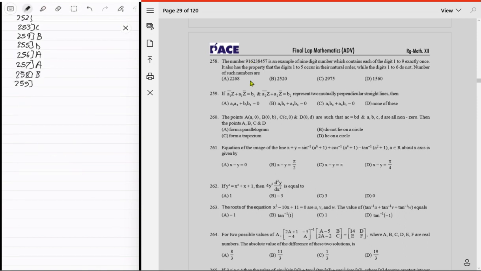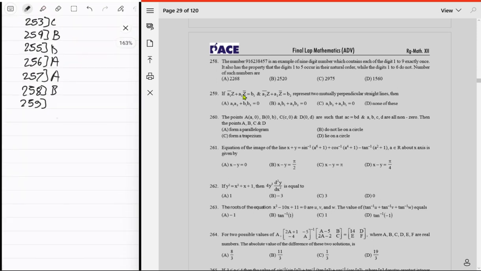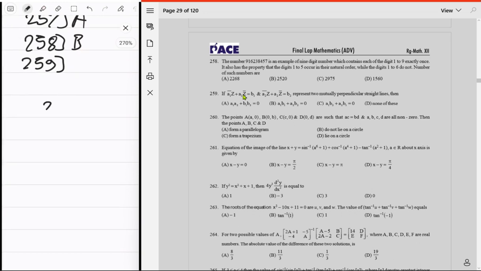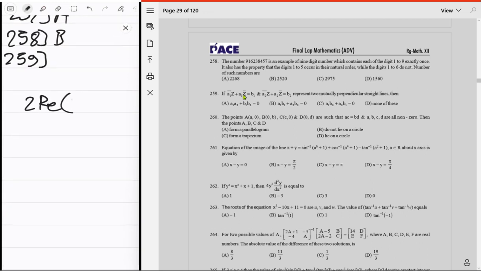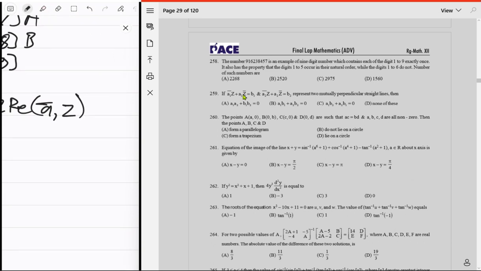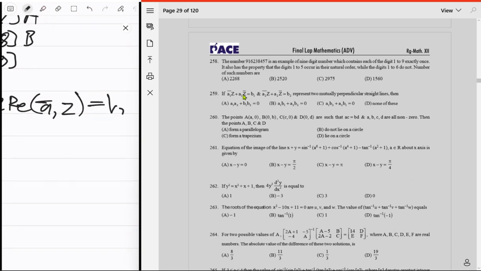59 is if a1 z plus a1 conjugate z plus a1 z conjugate is equal to b1, and it's like this thing, 2 times the real part of a1 conjugate z, vector conjugate z, that's equal to b1. And like b1 b2 at least real numbers, we know that much, right? And these represent two mutually perpendicular straight lines. Then